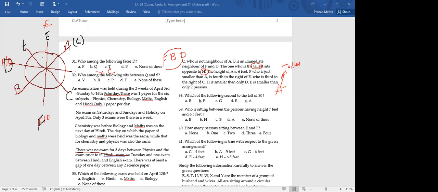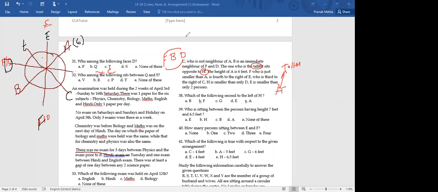What else is left? Tell me. C is here. What are the other alphabets which are left? F, G, H. No, F we have already done. F is here. G and H. Any other information we have between G and H? G and H will sit opposite to each other. Sir, H is opposite to D. No, but from where are you getting that? They have given it, sir.